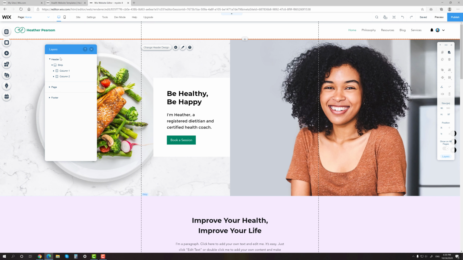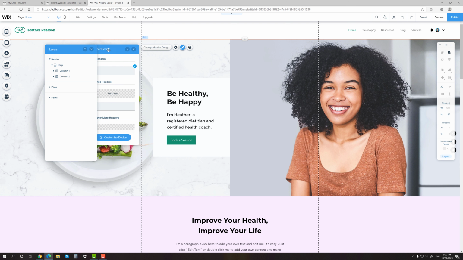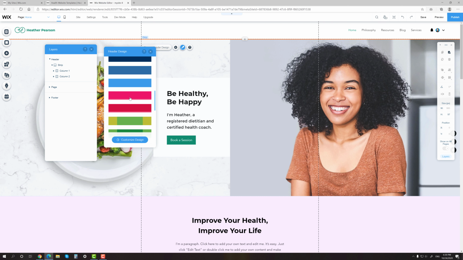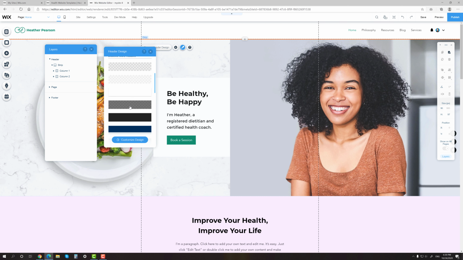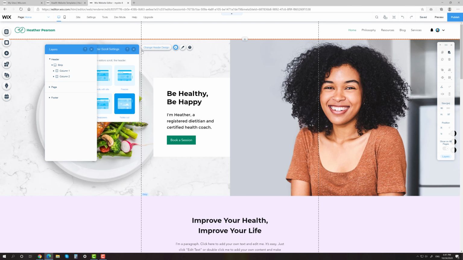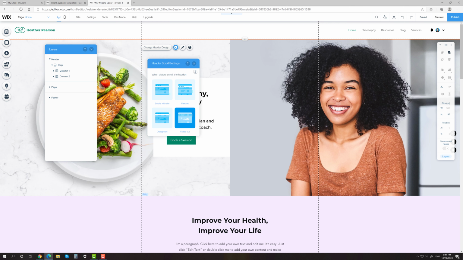Let's take a look at what settings the header has. Firstly, on the design tab you can set its color or even make it transparent. Right now my site's header has a white background and that suits me. And secondly, on the settings tab you can change its behavior when users scroll the page. My header fades out while scrolling by default, which suits me too, but if you want, for example, to make it sticky, just select the freeze option.